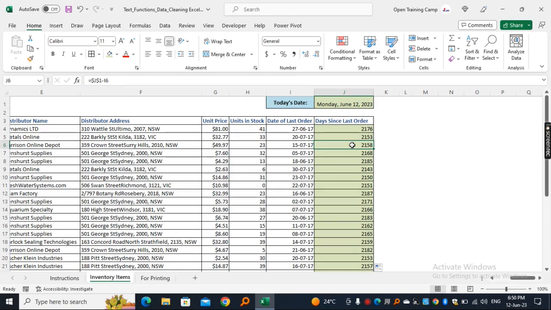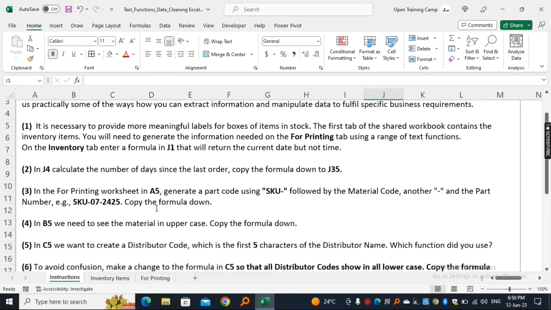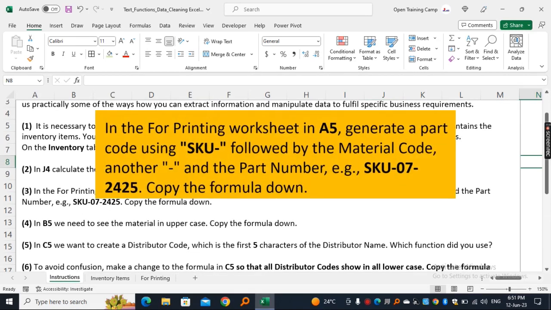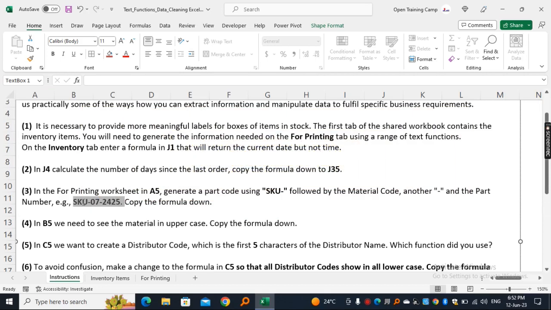Now let us proceed to the next question. I'll come back to the instructions worksheet and move to the third question. So the third question says, in the for printing worksheet in cell A5, generate a part code using SKU, and then you add a hyphen followed by the material code. We add another hyphen, and then we also add a part number. So the end result should look similar to this, and we are required to copy the formula to the rest